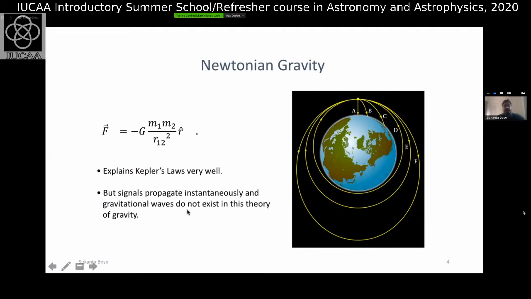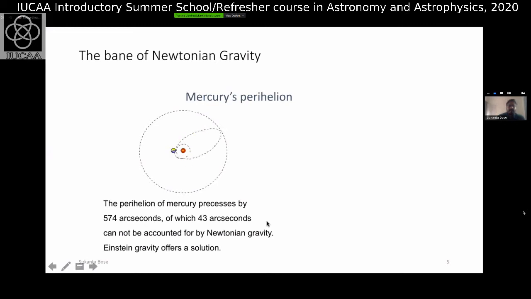Similarly, it does not predict gravitational waves, which of course have been verified now. In fact, gravitational waves would be the information bearer that tells us if the Earth has vanished, or for example, if the sun has vanished, and it would take about 8 minutes for those waves to come to Earth and then change Earth's orbit. So in spite of the astounding success that Newton's theory of gravity enjoyed in a couple of centuries following it,